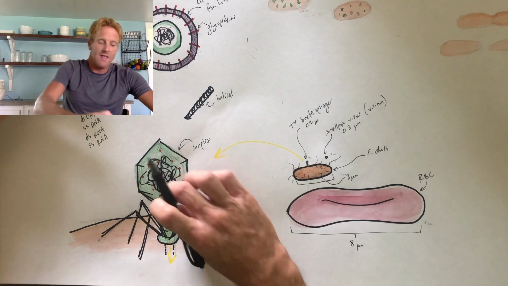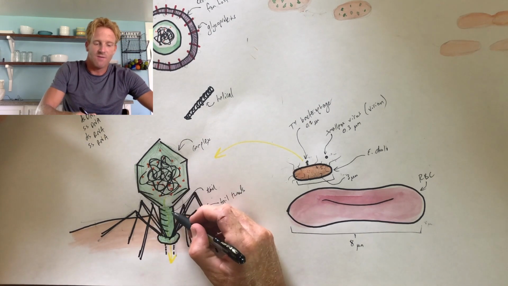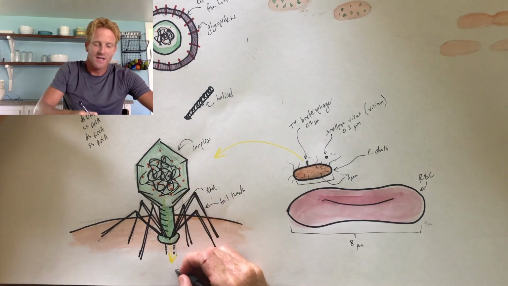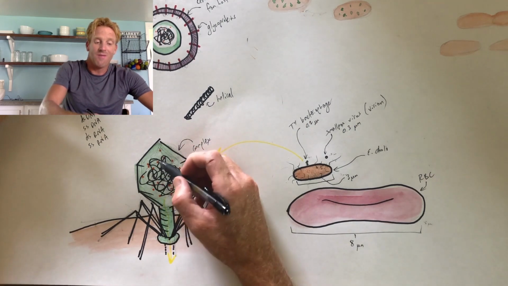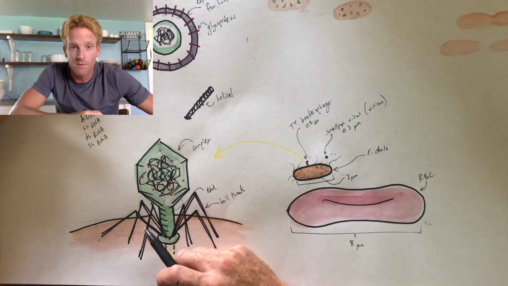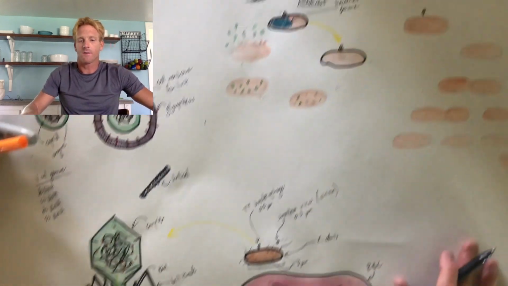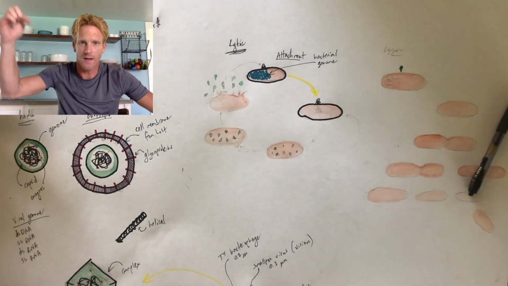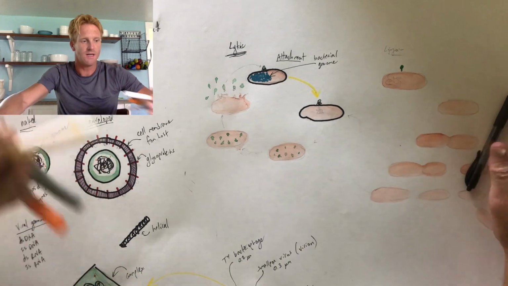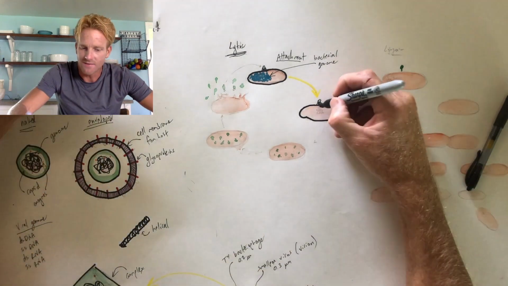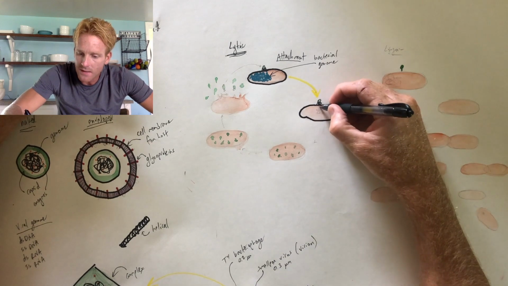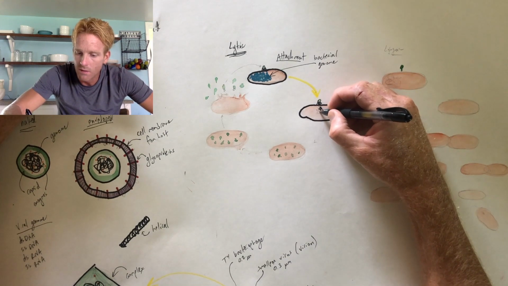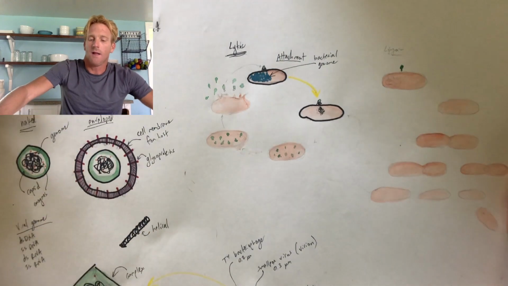coli. And then the tail of the T4 bacteriophage is going to pierce into the cell like a hypodermic needle, and the genome of the virus is going to enter into the bacteria. So it's really like this nasty little mosquito bite, like a needle goes into the bacteria, and that causes the viral genome, which I'm going to draw in black, to kind of enter into the E. coli